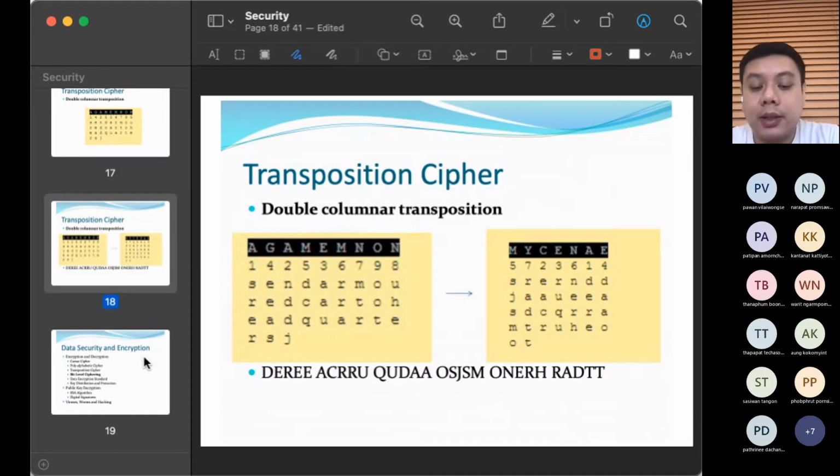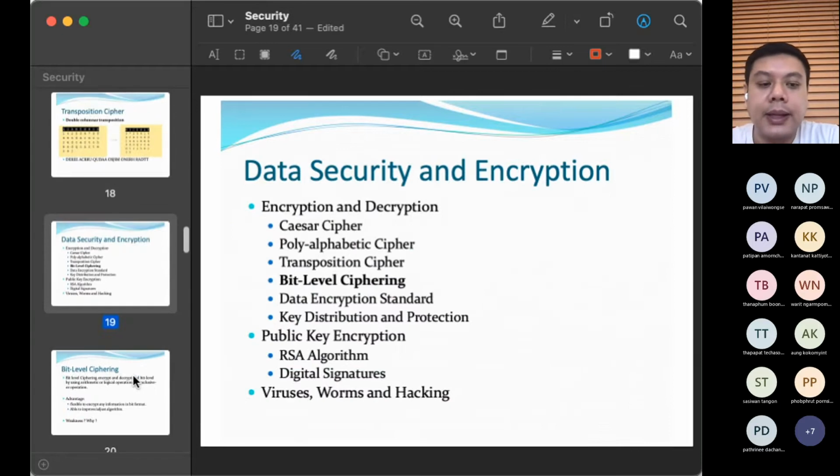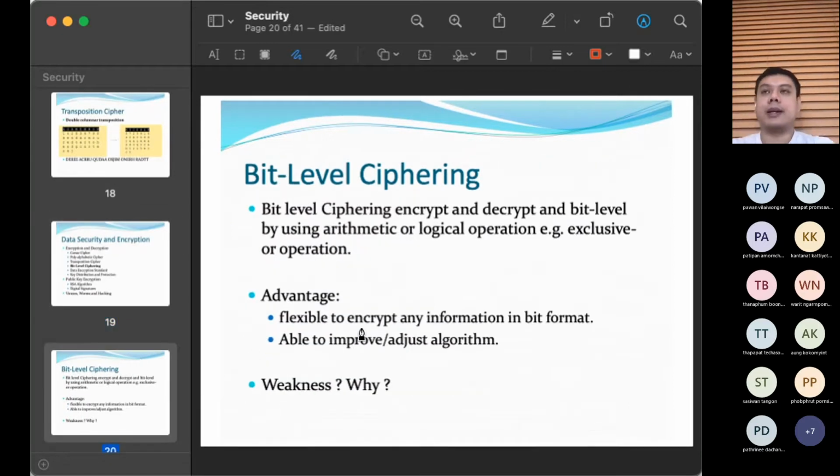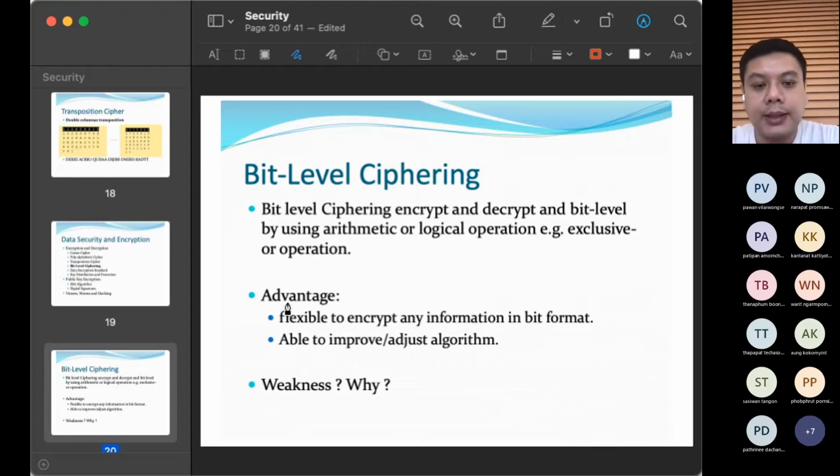It's good without computer processing, honestly. So the computer needs to do something else to make it work. How does the computer make it work in terms of security and the encryption itself? The bit level ciphering. What is bit level ciphering? We're talking about the data: instead of using characters, we separate it into bits. And the bit itself is quite important because we break it down into quite small pieces.